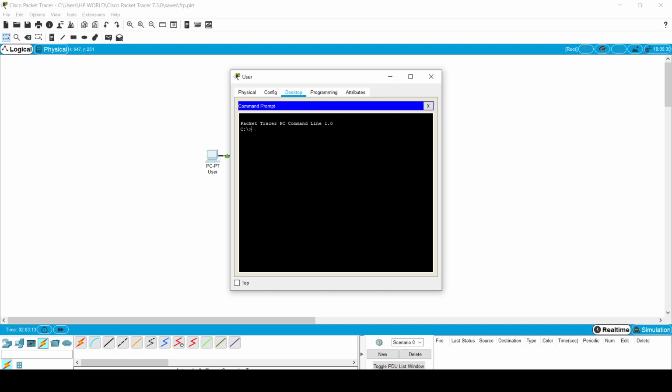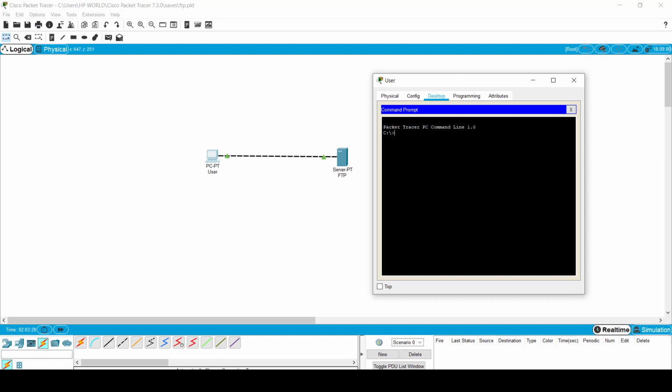So now we are using the FTP client. As I told you, there are three ways to access FTP. The first one is the command line. Here this is the command line, and here I'm going to access the FTP server. You have to type FTP. This is the inbuilt FTP client in the laptop or desktop which you are using. It helps you send a file from your machine to the server. So FTP, our server name is